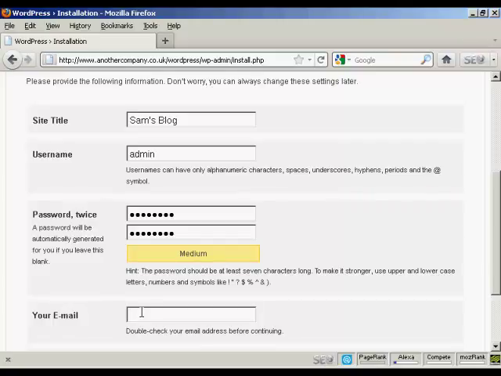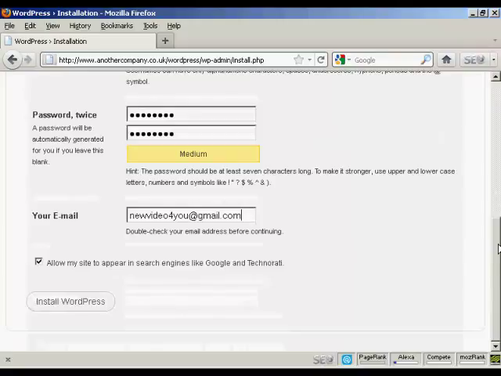Your email address, and then you want to either check or uncheck this box here, allow my site to appear in search engines like Google and Technorati. Good idea to say yes, and then simply click on this button here, Install WordPress,